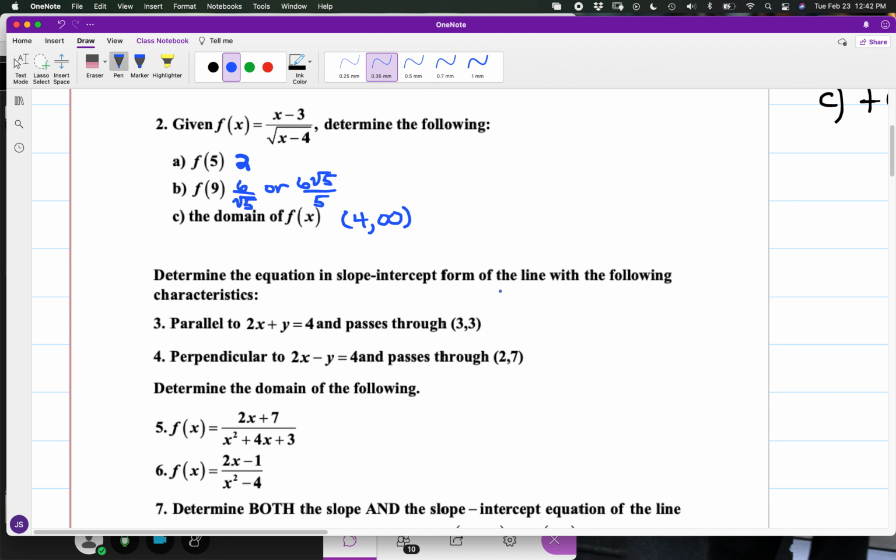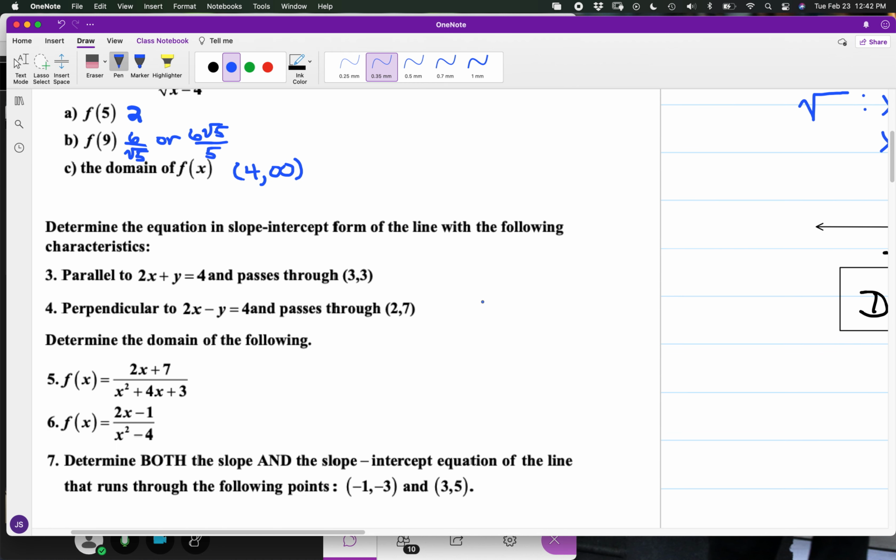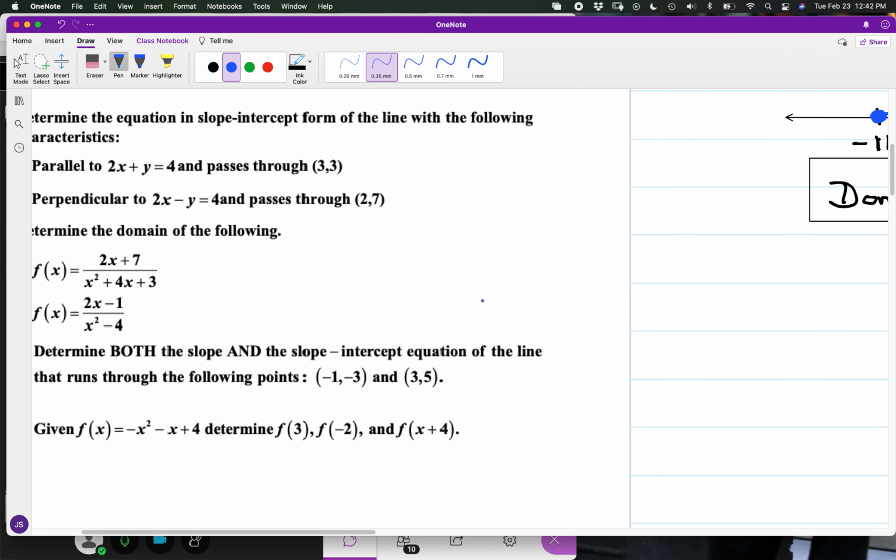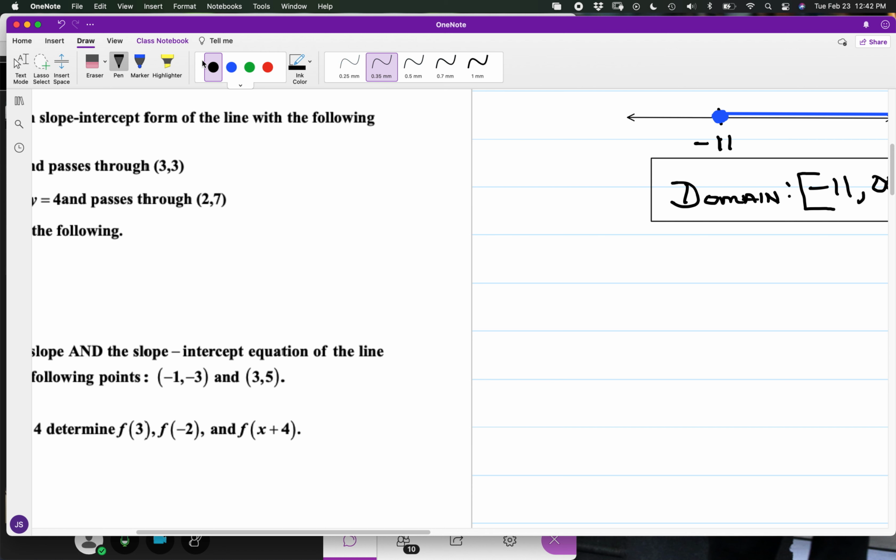For numbers 3 and 4, we're looking at a parallel and a perpendicular line to determine. The setup says to determine the equation in slope-intercept form of the line with the following characteristics. First, parallel to 2x plus y is equal to 4, and that's going to pass through (3, 3). So for this item,